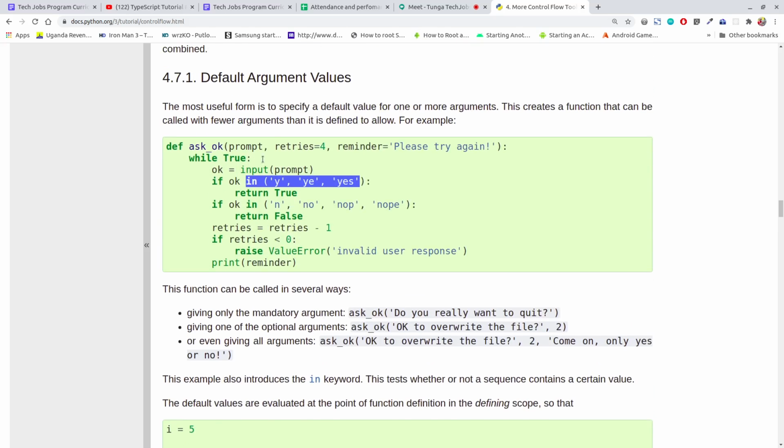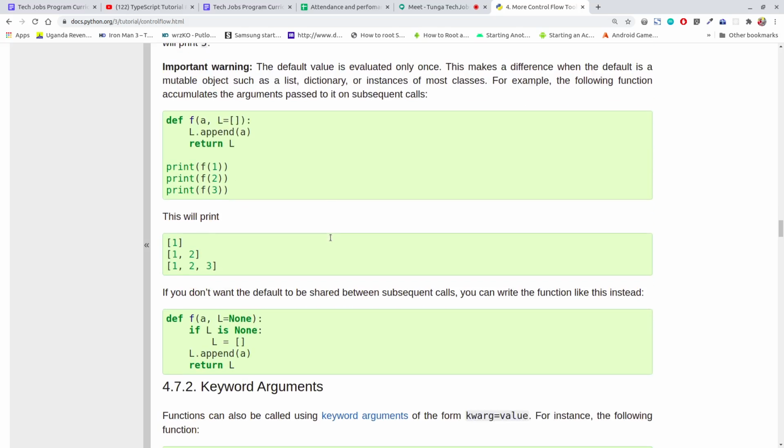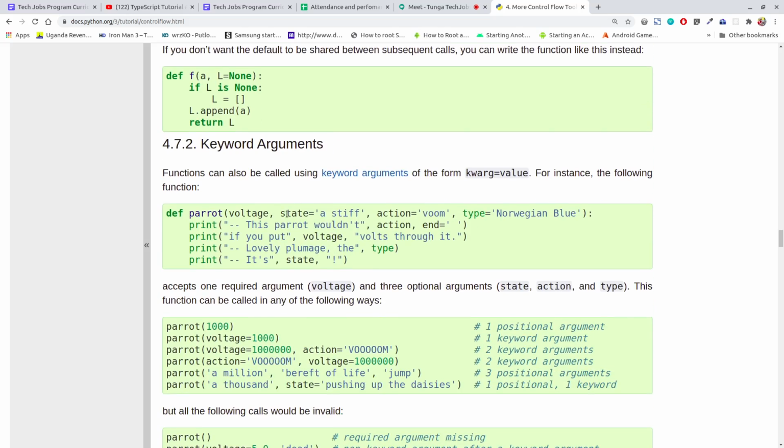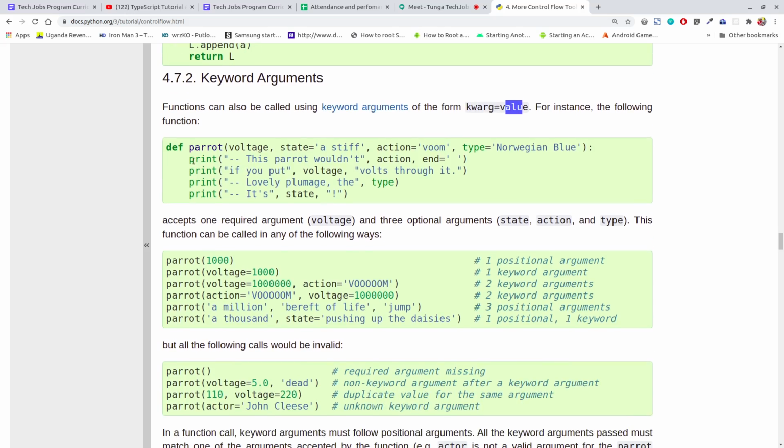But going back to these three, then moving on to keywords. Functions can also be called using keyword arguments of the form this and value. For instance, the following functions. There is a function here of